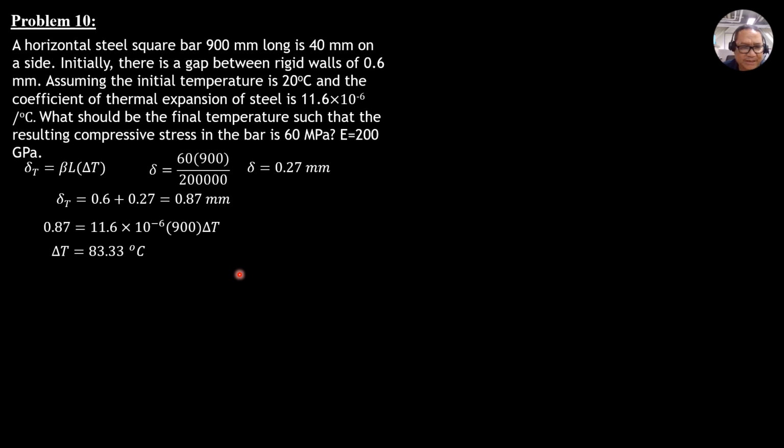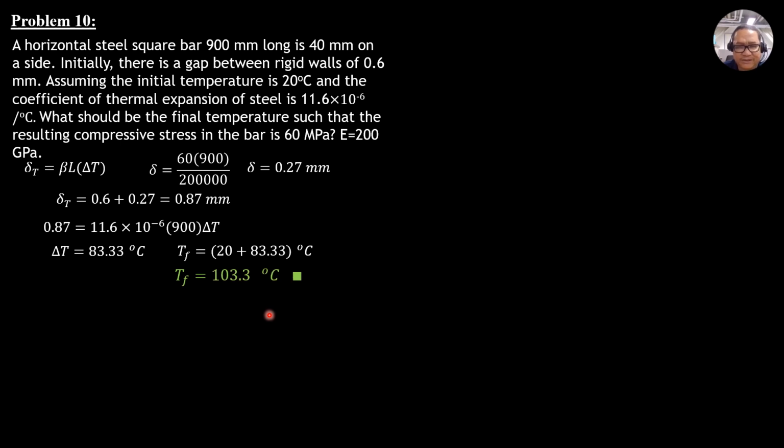So the final temperature should be, this delta T is final temperature minus initial temperature, which is 20. So final temperature minus 20 equals delta T. So therefore, final temperature equals 20 plus delta T. So it is